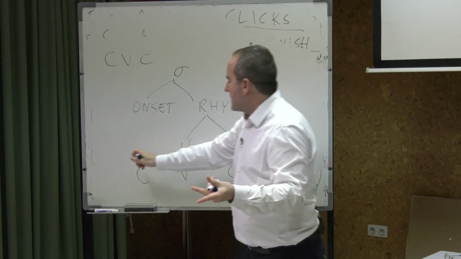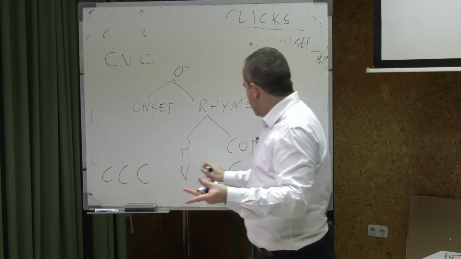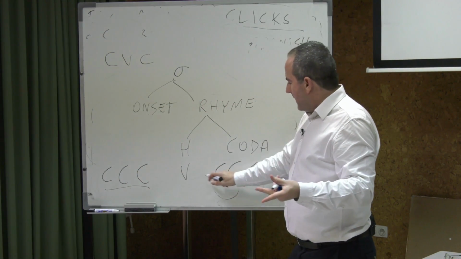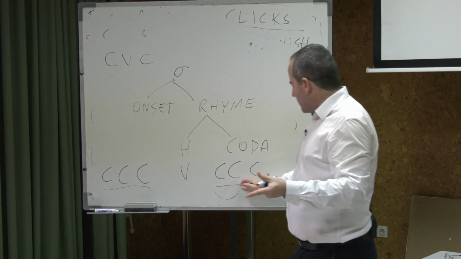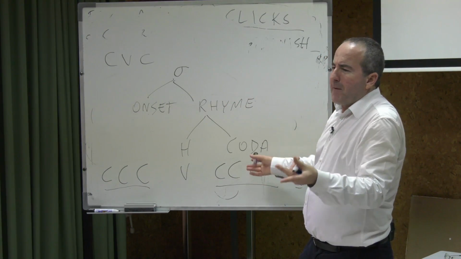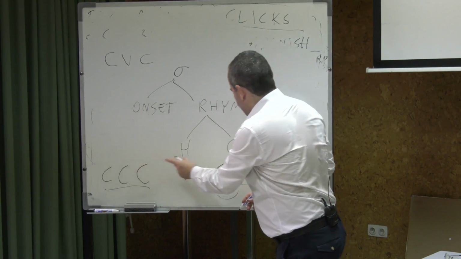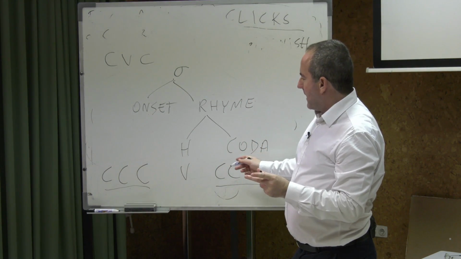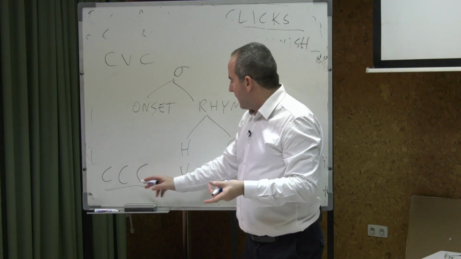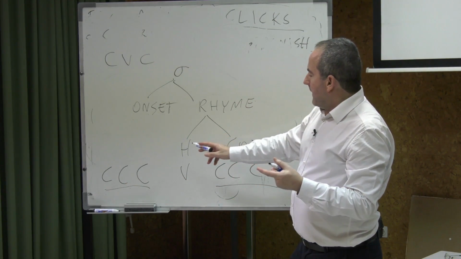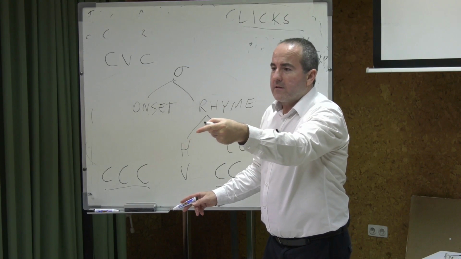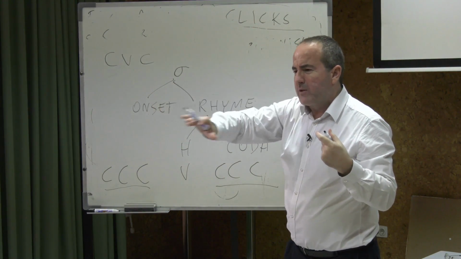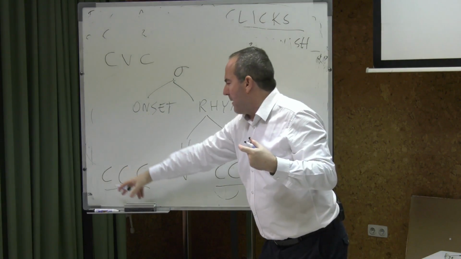English has a much more complex structure than Spanish. In English, you can have 3 consonants in the onset, 3 consonants in the coda. In Spanish, you can have at most 2 in the onset and 1 in the coda. In the coda, we don't usually have that many. In English, you can have up to 3. There are other languages, like Berber languages in Northern Africa and Slavic languages in Eastern Europe, that have an even more